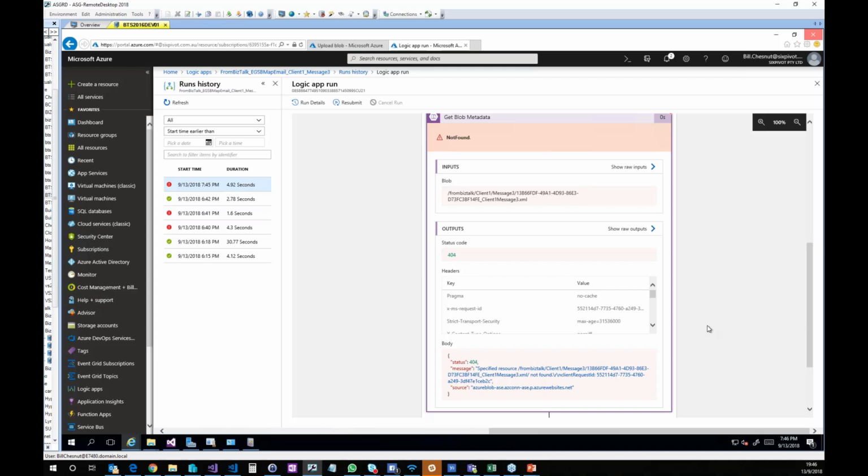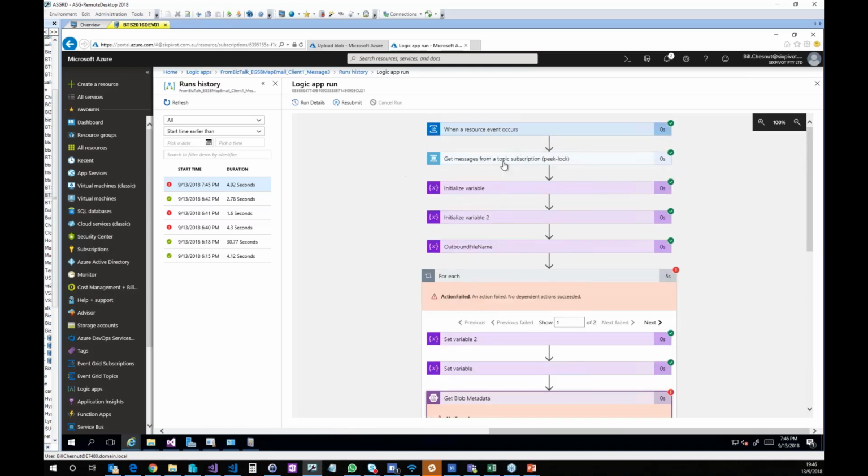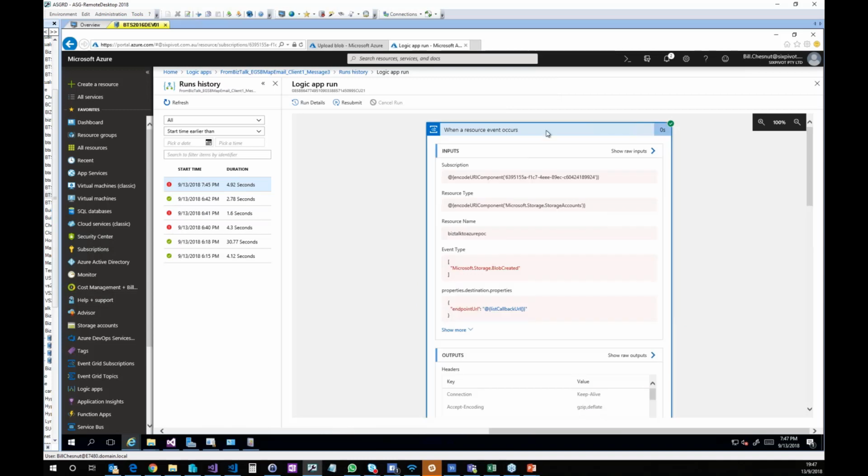I've got one little aspect of this that's a little bit funky. Okay, let me explain what it is. I didn't want to poll the service bus queue, because I run this very, very occasionally. If I have a get message off the service bus queue running all the time, and I've got like a 5-minute polling window, I get billed for one action every 5 minutes to go pull that. So I did a little bit of funky stuff here, and I did use the event grid to kick off this